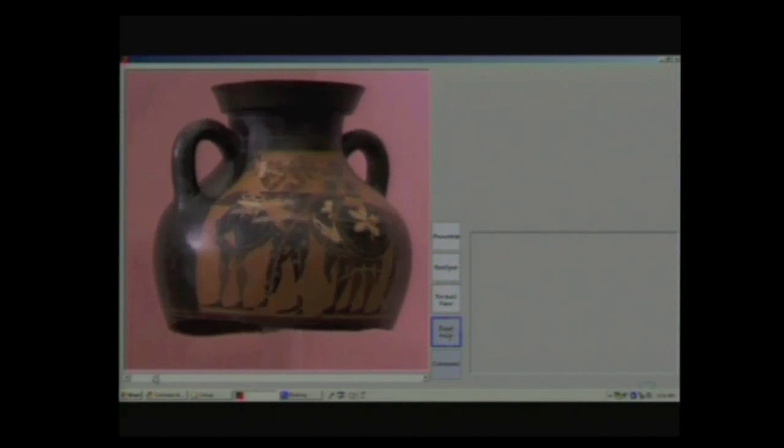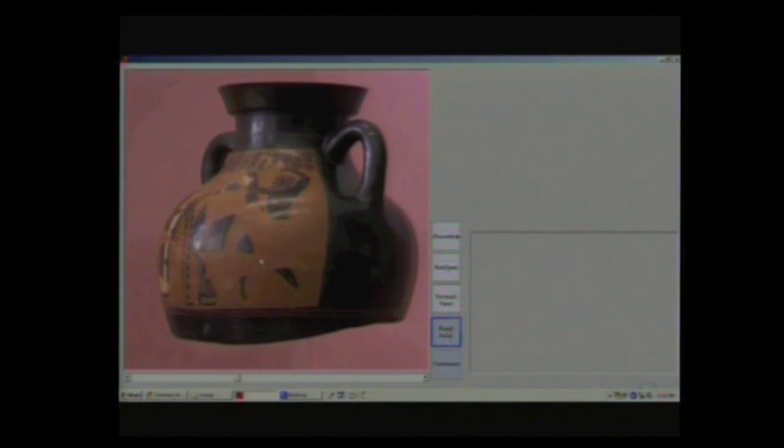Now, the thing is, there are details here that you actually can't see. You can't see many of the smaller details in this vase, even though you can rotate it to any position that you want. And VaseViewer has a way of dealing with that as well. Let me just show you, for example, that guy's head. You can't see any of the details of his eyes, for example, because the photograph isn't clear enough. You can't see that satyr, and he's got such a beautiful bushy beard, but you can't actually see it in